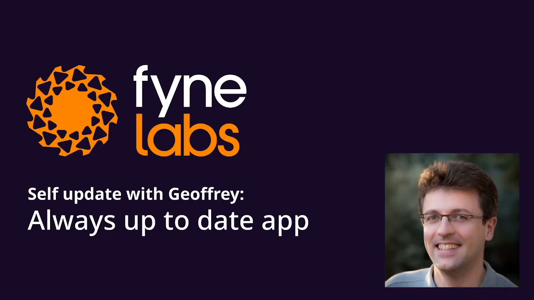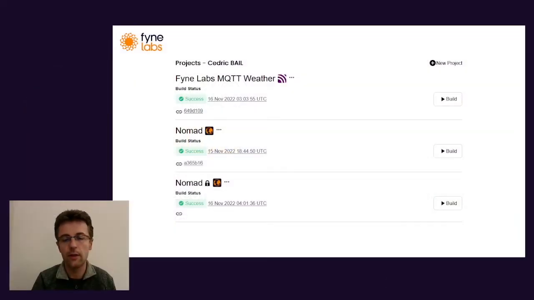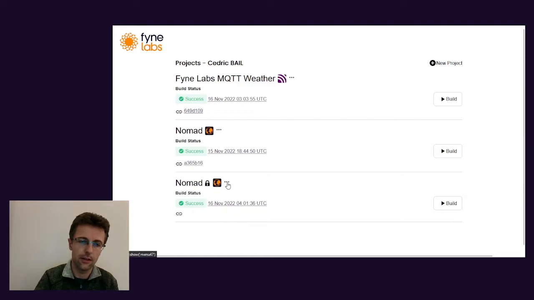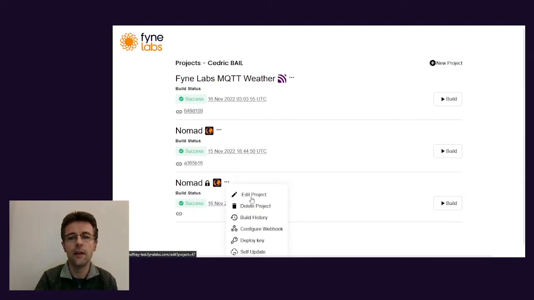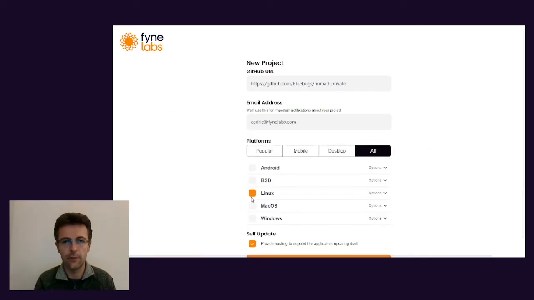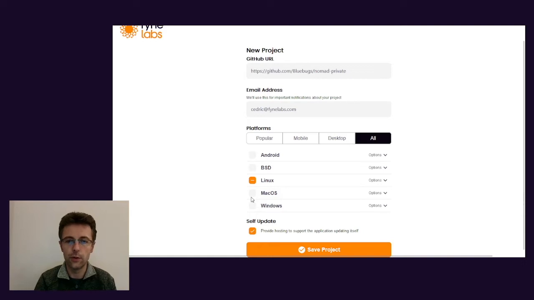And for that, I'm going to create a private repository fork of Nomad, an application we have done earlier this year. This application is just the Nomad that we released, but with a little bit of custom code to enable self-update. And so the first thing you have to do in your project is to enable